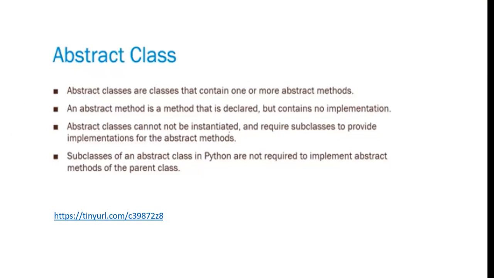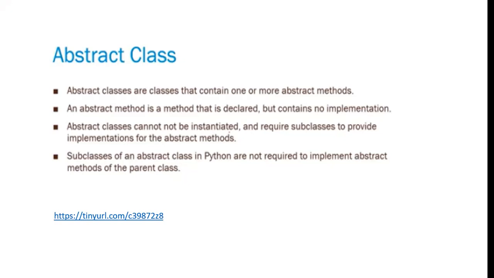Some critical components make an abstract class. Abstract classes are classes that contain one or more abstract methods. So an abstract class has to contain a method. Now, in that method, point number 2, an abstract method is a method that is declared but contains no